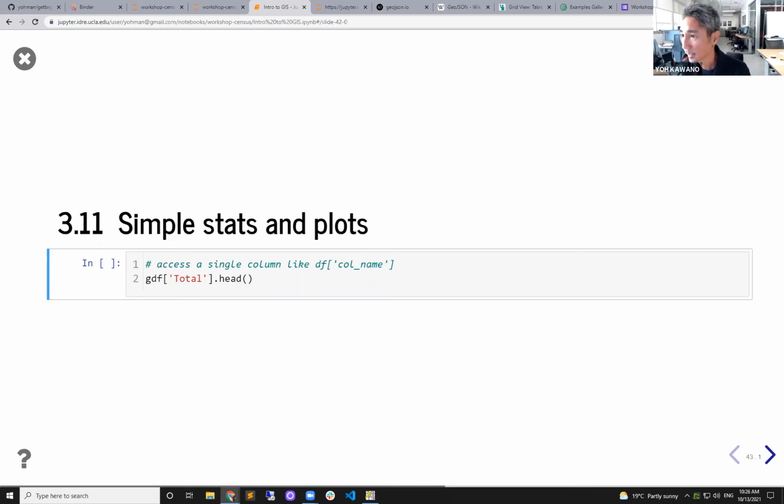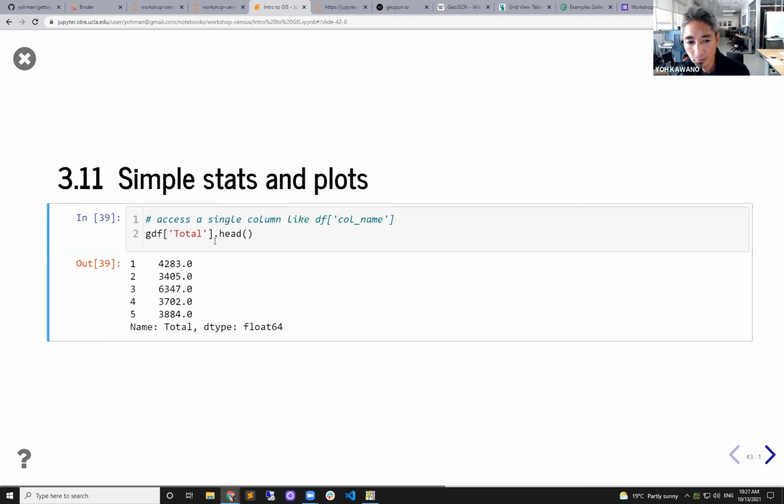Let's move on. Let's now build some stats and plots. So once again, let's get away from a random tract and go back to our GDF. You'll notice a different notation here. I have GDF, square brackets, and in single quotes, the header name for total. There are usually many different ways to do the same thing in Python, so I'm introducing you to several different ways. This gives me the first 5 rows of the column header